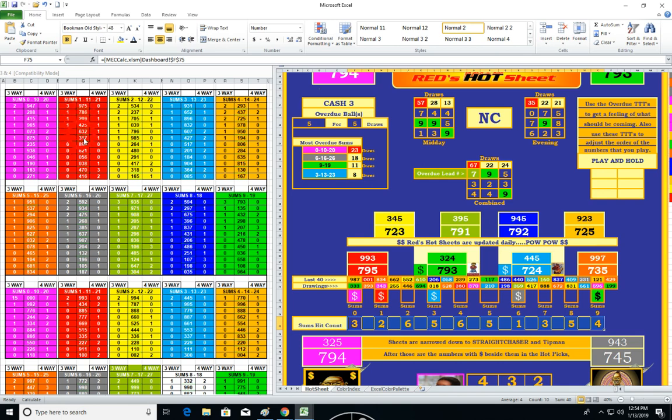But let me see what we'll do here. We'll say 399 as a double. Put the 3 in the front. 399 is a double. Okay, so go to the next color that we haven't covered yet,